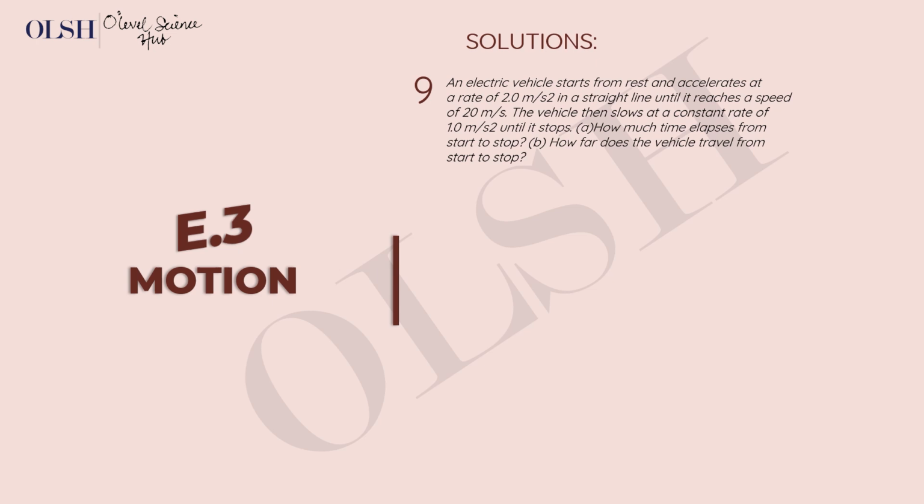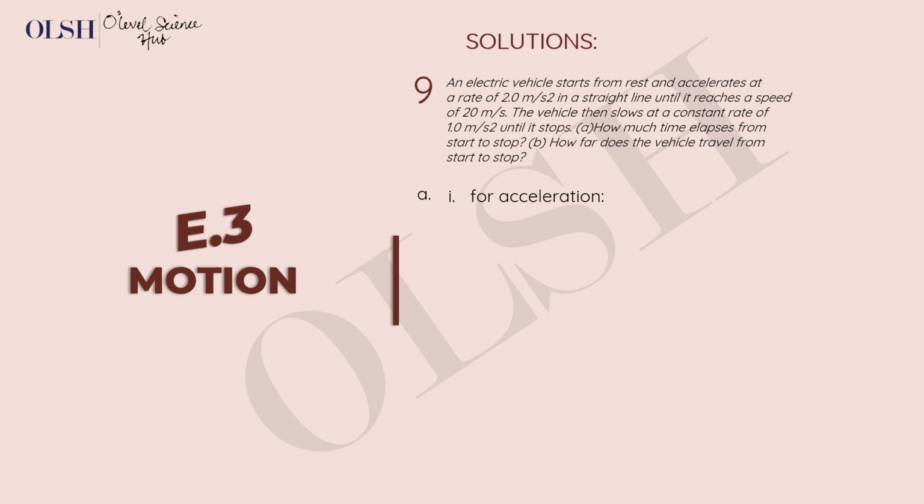So we can see from this question that we are given acceleration and velocity, and we are asked to find time. It's stated that the vehicle accelerates and then decelerates. Let's find how long it took to accelerate and then how long it took to decelerate. So we sum both the time intervals together and then we have the total time from start to stop. Okay, so first of all, for acceleration, we have